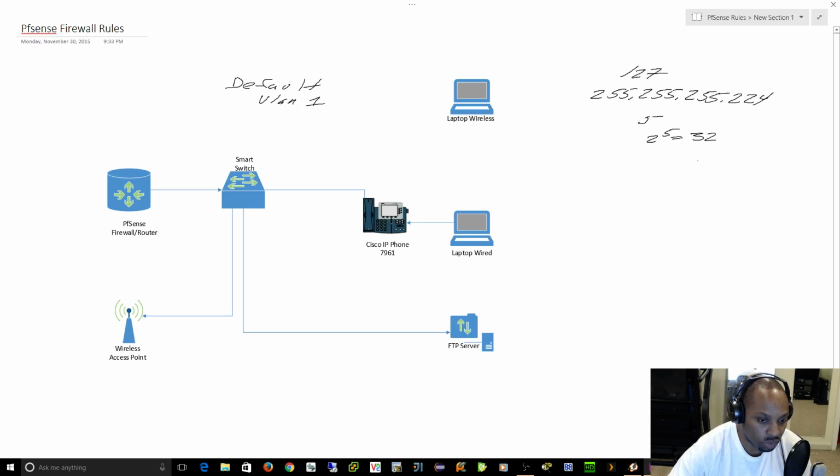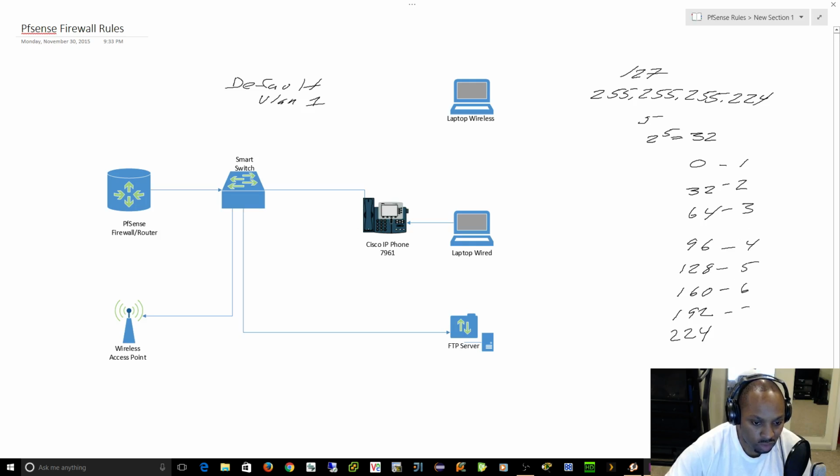So your subnets would be 0, 32, 64, 96, so forth and so on. 128, you get the idea. 160. I'll enumerate them all. Why not? 192 and 224. That should be 8. Let's count them. It's your first subnet, your second, your third, your fourth, your fifth, your sixth, your seventh, and